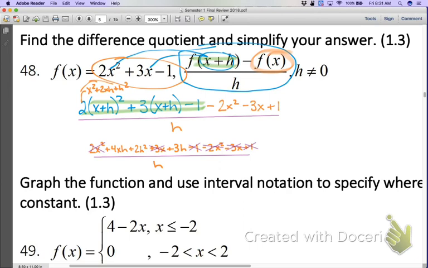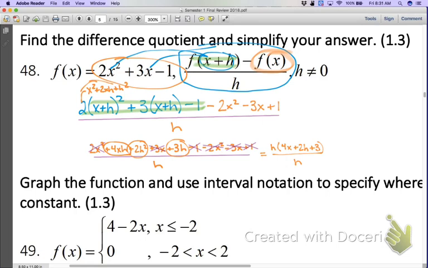So what can I factor out of every single one of these? An h. Okay, that's what's going to happen. There's only going to be some that just have a single h left in it. So if I factor an h out of each one, I'm going to have a 4x plus 2h plus 3